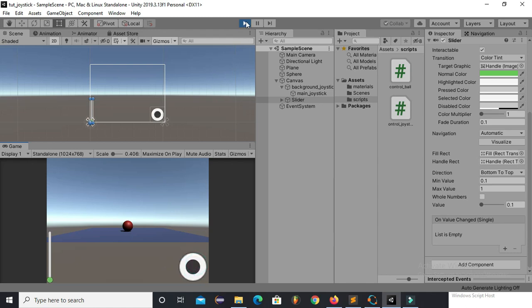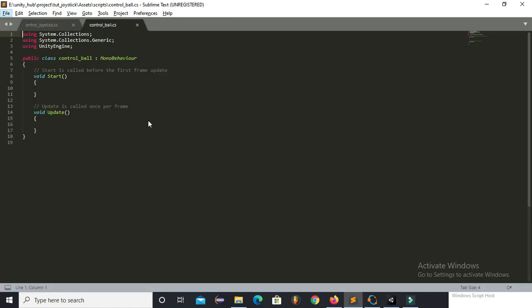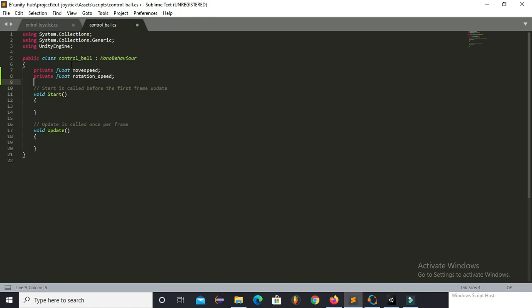So stop it and back to the Sublime editor. Now first of all I will initialize some variables. This variable will help us to change the speed of the sphere. This variable will store the value of the angular velocity.